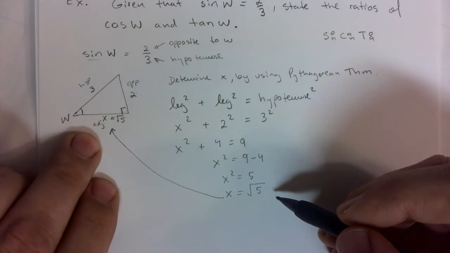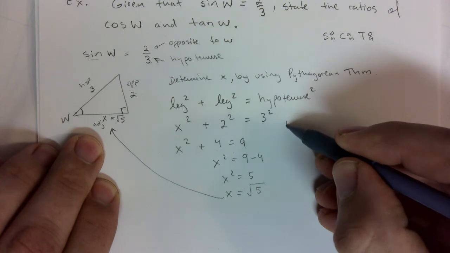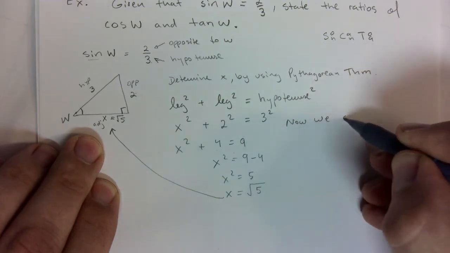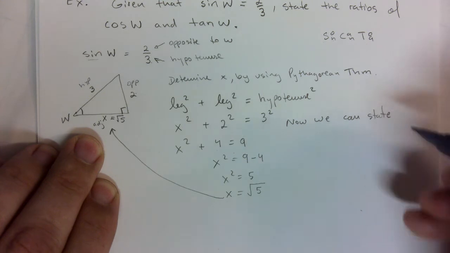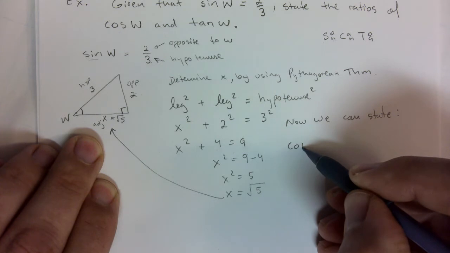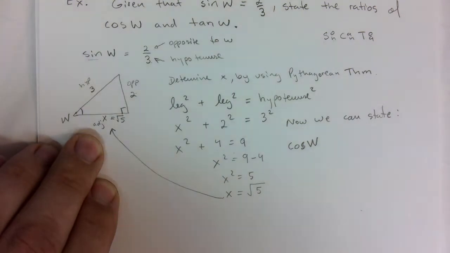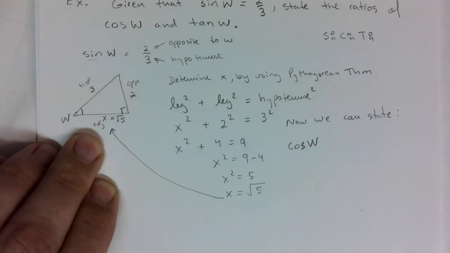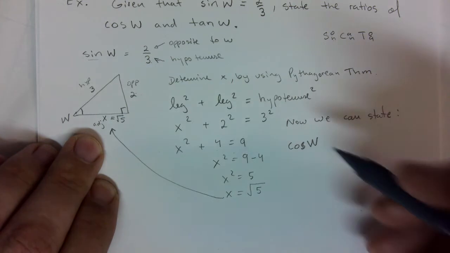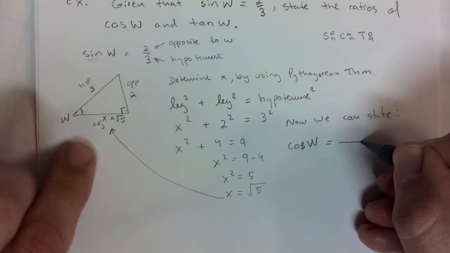So that's root of 5, right? Now we can state, hey, cosine of W. Remember, sine, cosine, and tan will always be glued to an angle. If you don't know what the angle is, it's going to be a letter, but never just have it sitting on its own. Don't just say cosine is equal to; it's cosine of something is equal to,